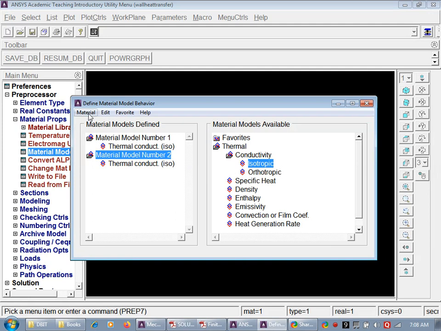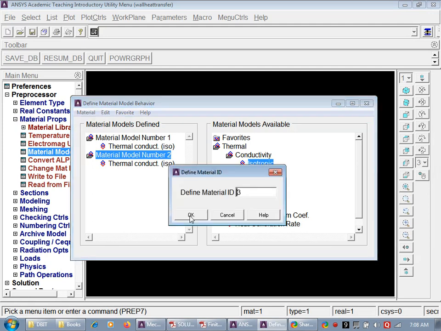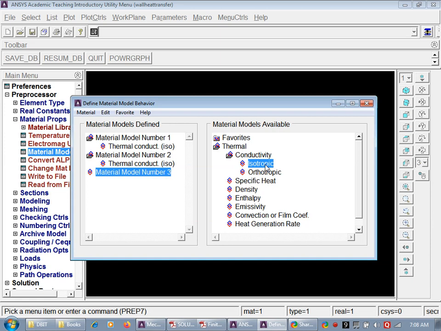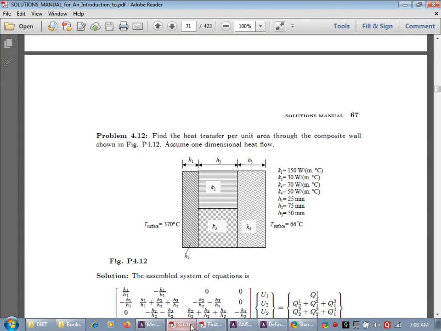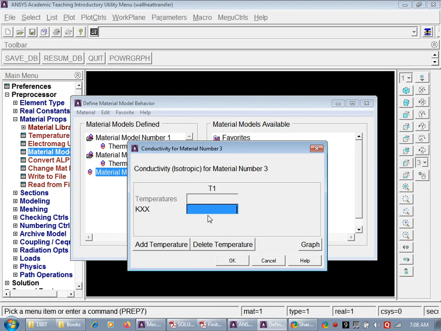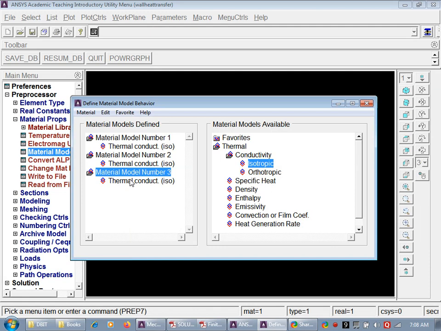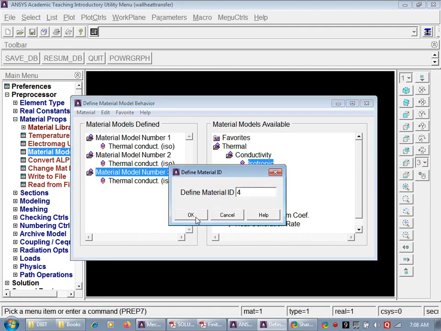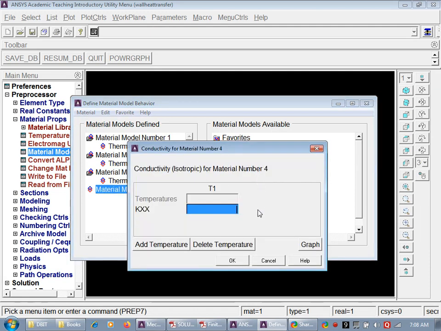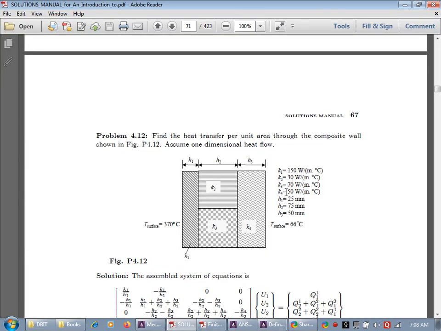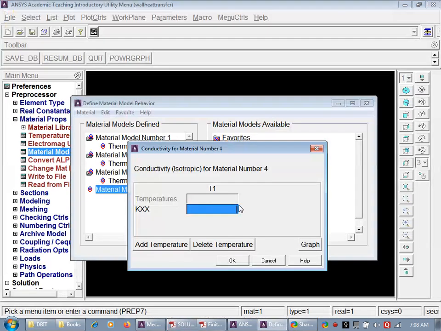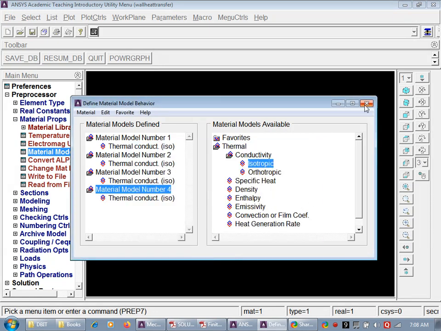Then for material 3, it is 70, and then for the last material, material 4, it is 50. So we have defined four materials with four different values of thermal conductivity.